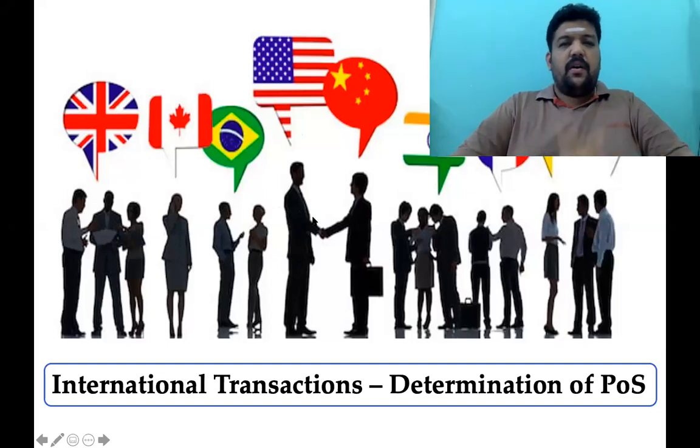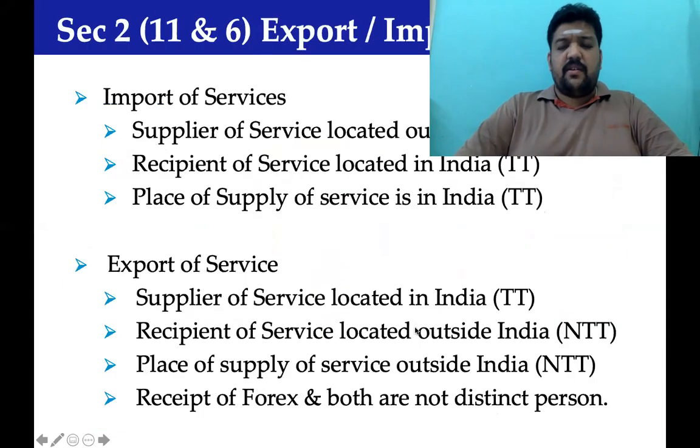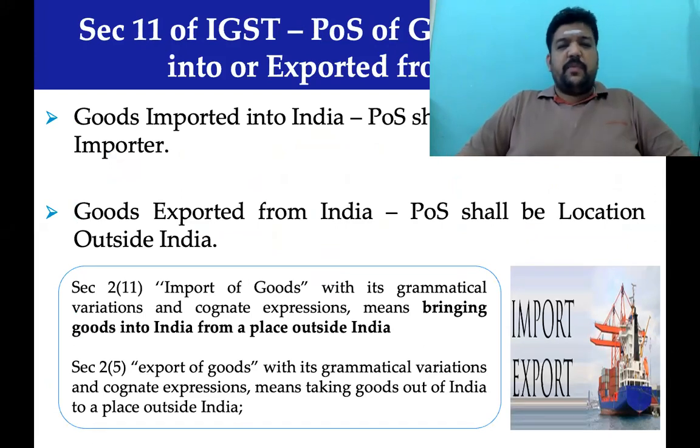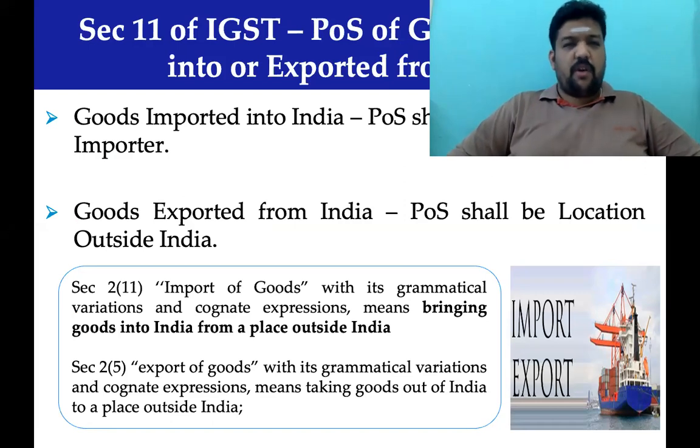Now, a few questions come up for our discussion in case of international transactions. As we earlier highlighted, international transactions are the links or transactions between US, UK, Germany, Japan, and on those connectivity only. Beyond that, we will not have new transactions. Only transactions in connection with US, UK, Germany, Japan, either supply of goods or supply of services, are going to be covered over here.